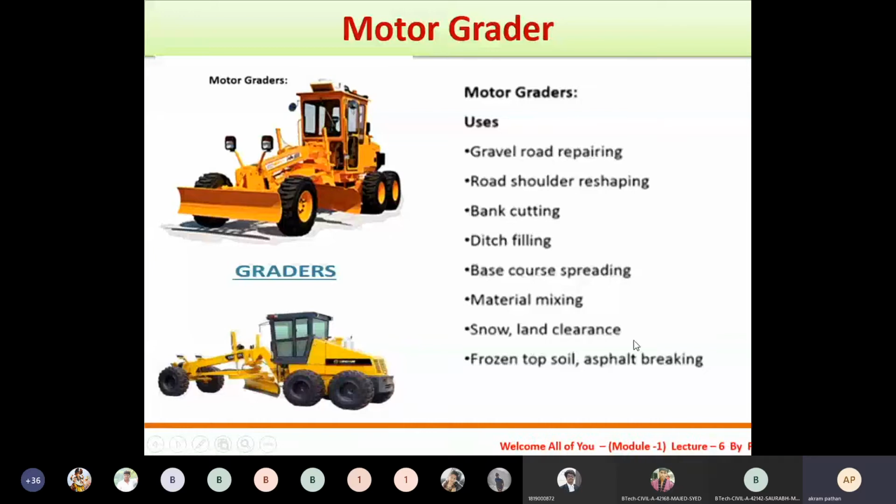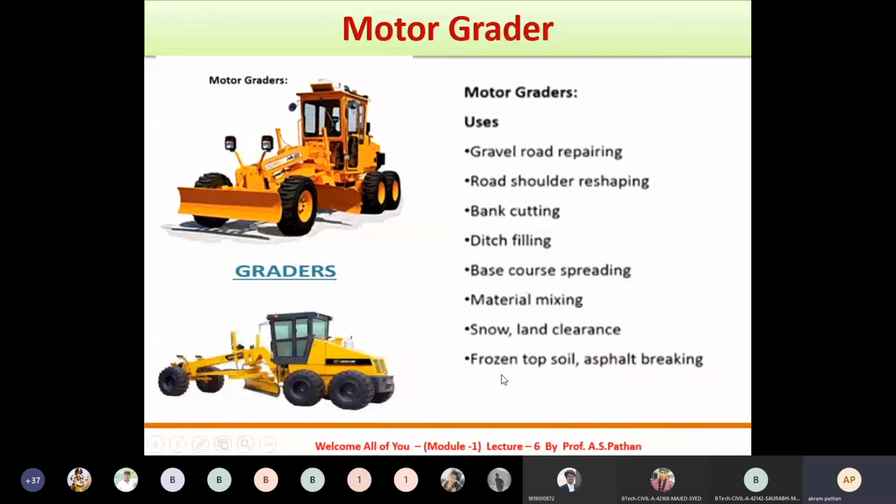Then for land clearance, in case of site clearance, for example, if you want to clear your particular site for construction of a building, we can clear all the ground surface with the help of this motor grader.